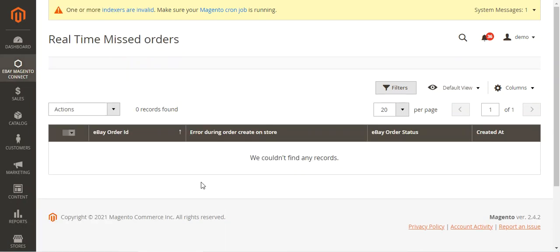Now this particular section shows us the real-time missed orders whose address details are missing basically, and if there are any, what you can do is you can import the orders from eBay manually if those orders are here. So here you'll find the eBay order ID, the error during the order create on the store, eBay order status, and the created at date here. Then you can select that particular one, and then if you want you can delete that real-time missed order, or you can import that order from eBay by tapping on the import order from eBay